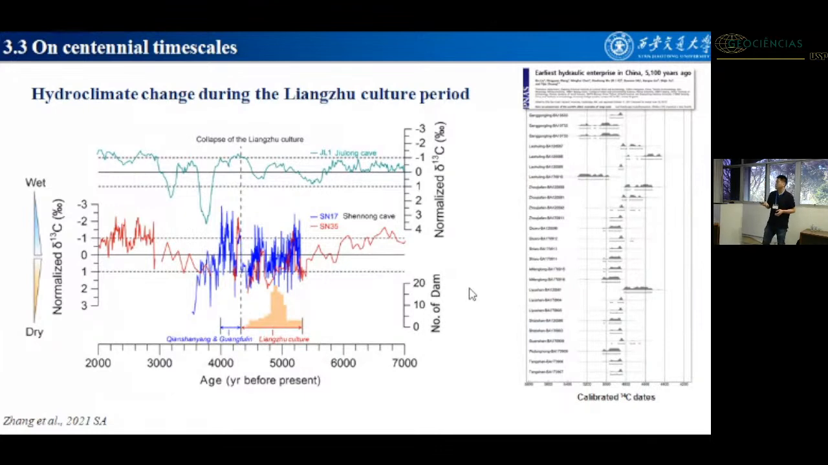We look closely at this period. We use carbon isotopes here because carbon and oxygen isotopes are positively correlated during this period, and to avoid other factors affecting the oxygen isotope, we use the carbon isotope. And this orange column is the dam